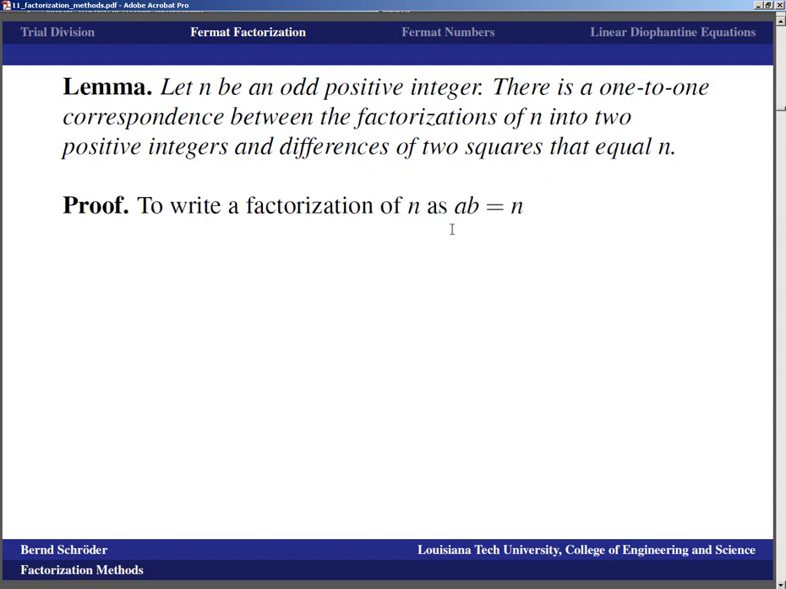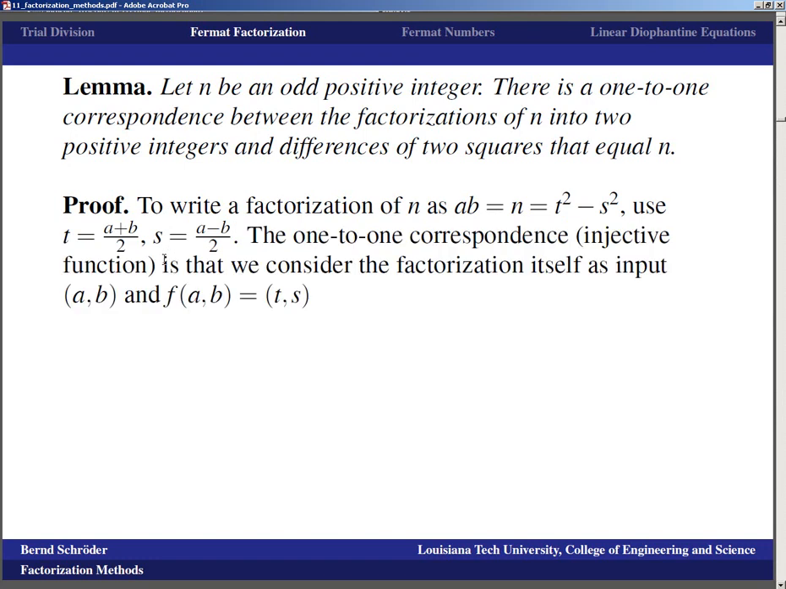If you write a factorization of n as ab equals n equals t squared minus s squared, we want to have a correspondence between the factorization and the differences of two squares. That would mean that you need t squared minus s squared to be a times b. And if you use t equals (a plus b) over 2 and s equals (a minus b) over 2, you can work it out for yourself with the binomial formula that t squared minus s squared is ab. And so the one-to-one correspondence,